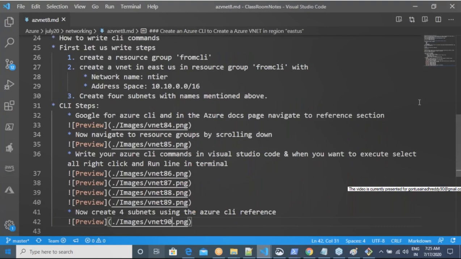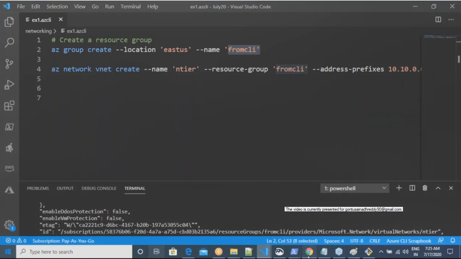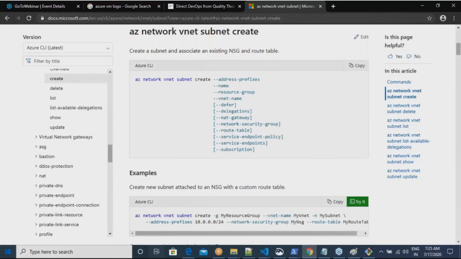Okay, if you don't know how to create a virtual network, CLI sounds difficult. But is there any difficulty with CLI over here? Tomorrow when you know shell scripting very well, you will try to understand how to take this from user input. That is what it would be. But the basic script is this. So get started.